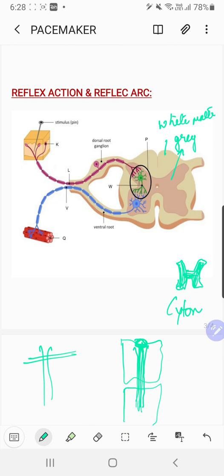When we say dorsal and ventral, what are we trying to mention? Children, when you stand straight, your back side is your dorsal side, right? And your front side, where the chest is, is the ventral side, okay? And then you see that two emergences are there, right? So the dorsal nerve is there, and then there is a ventral nerve, and both of them are enclosed within a common sheath, and then it is known as spinal nerve.